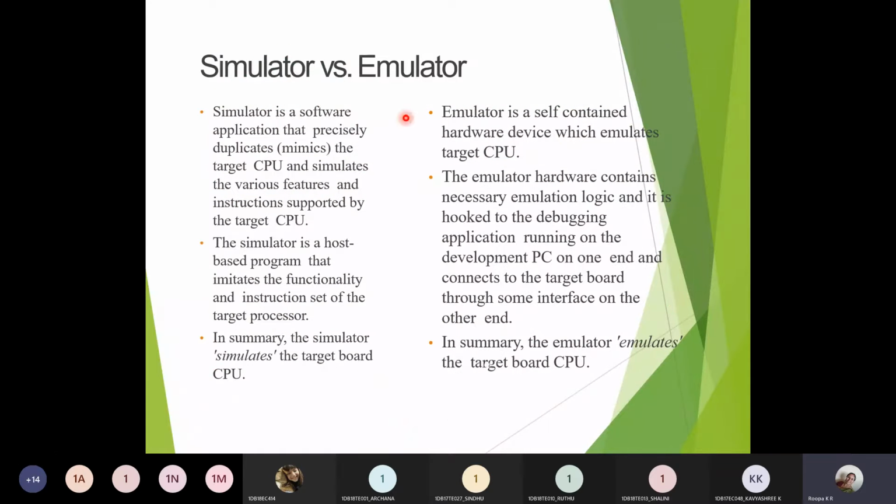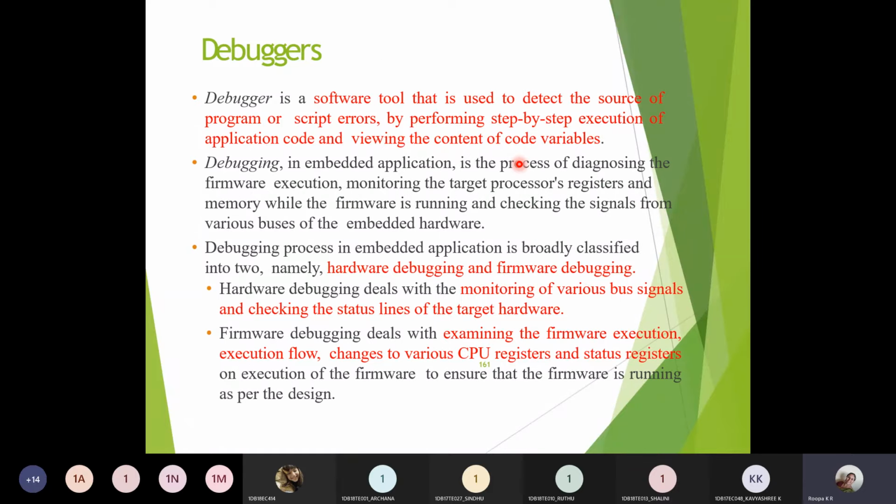So, the difference between simulator and emulator. A simulator is a software application, whereas an emulator is used for checking the hardware components. Next, a simulator is a part of the IDE tool. An emulator resides in the CPU, but it won't be a part of the IDE tool. It means the emulator acts as an interface between the application in which it is running and the PC on which it resides. So this is the difference between a simulator and an emulator.